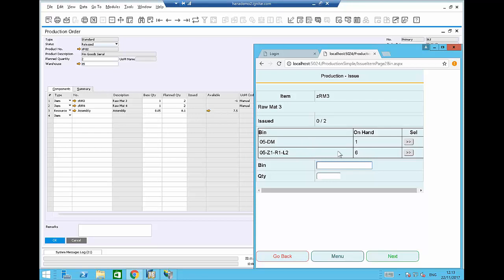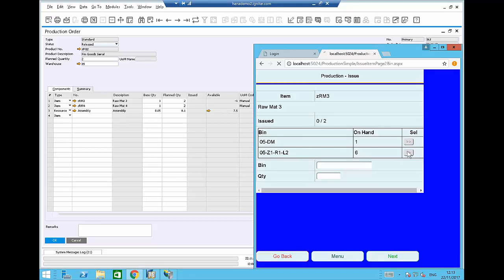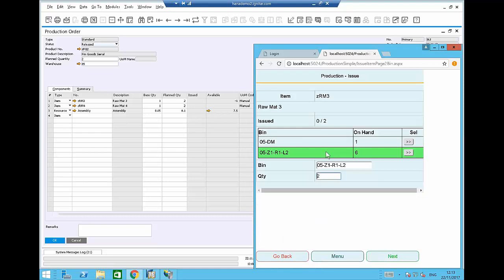It works fully with this as well. So I say I want to go and issue these from this particular bin location. I could either scan this at this point or select it from the list of available bin locations. And I could choose the quantity that I would like to issue from that location. So in this case I would like to go and issue 2 of raw material number 3, and I can